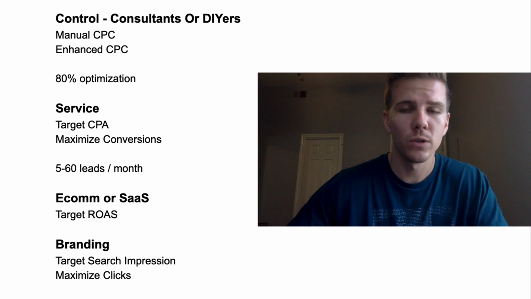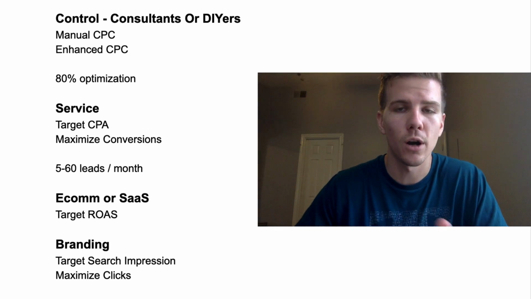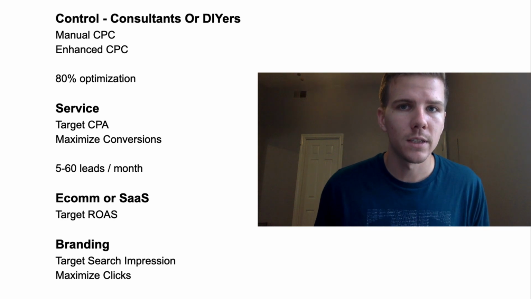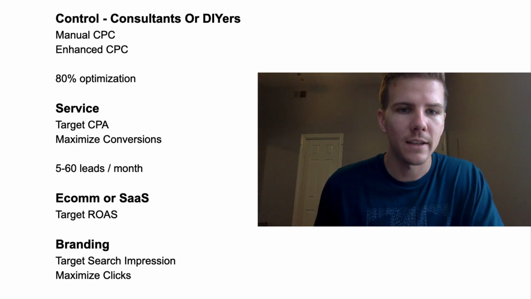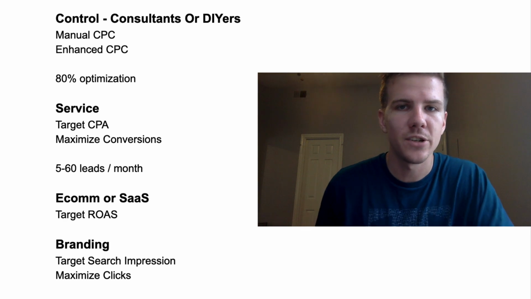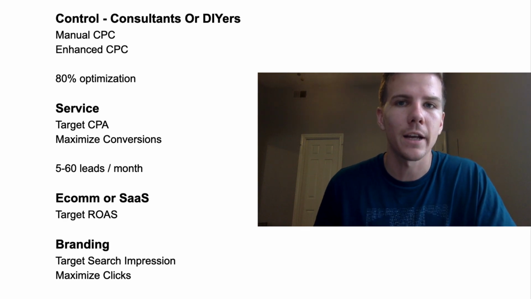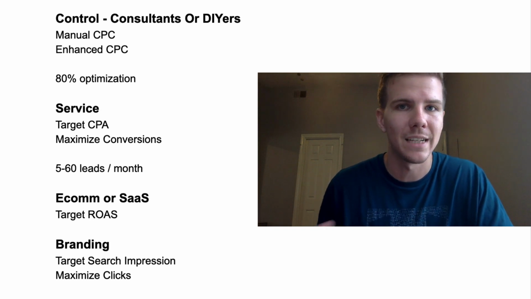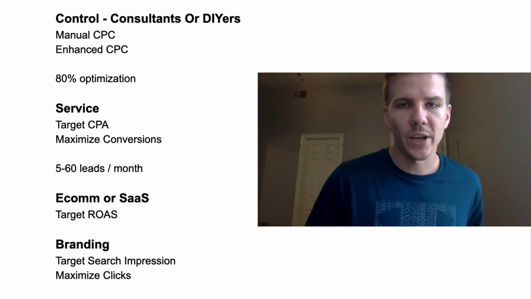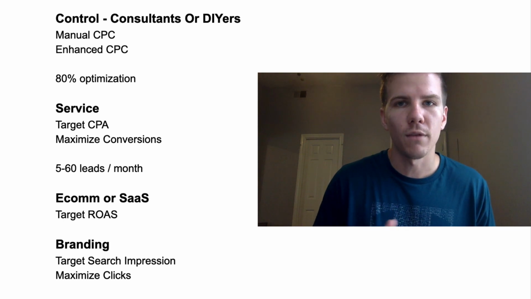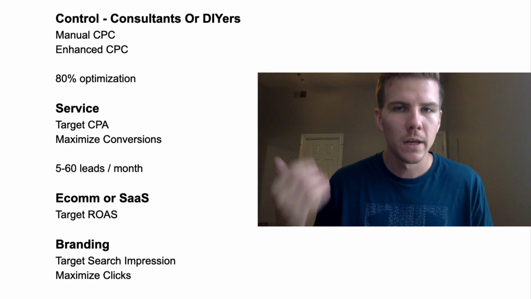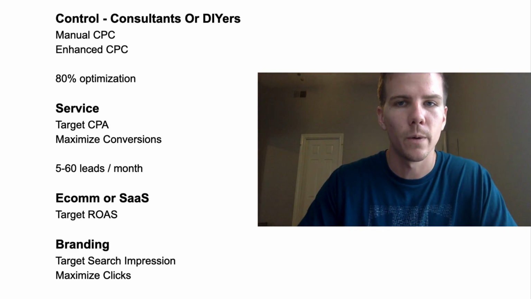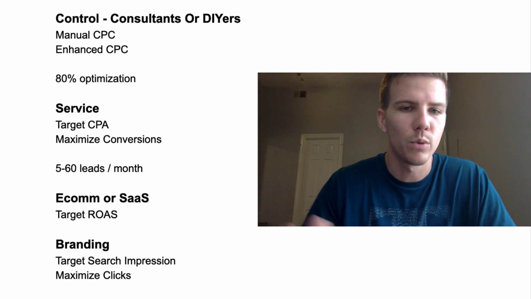Now the next one is mostly for ecomm and SaaS. You can do target return on ad spend. Now this also applies to local service-based businesses, but since ecomm and SaaS have most of their sales happening digitally, online, they're easy to track and can actually be integrated back into the Google Ads system as transactions. Whereas with service-based businesses, a lot of times there are offline conversions happening, so people are just calling your phones and you're manually making a sale. Someone comes in and makes a sale, so that's not a digital sale,